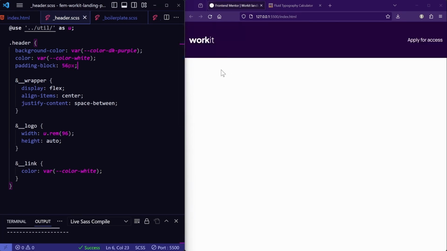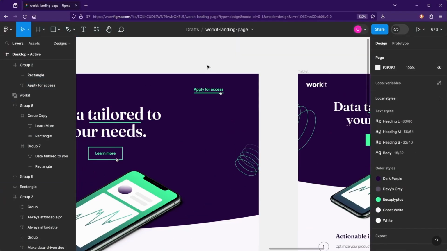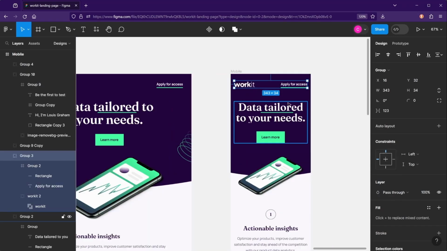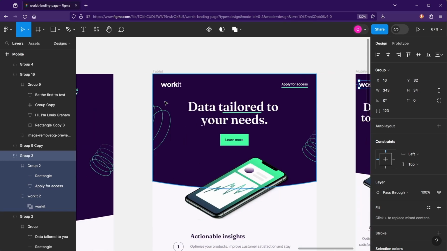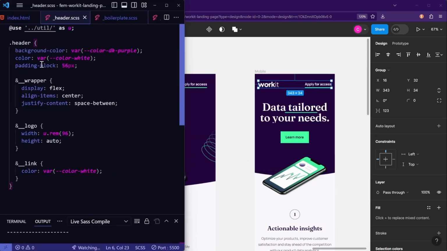So now we can see we have a bunch of space. And then let's try to get the mobile one. So it's 32 and then 64. It seems really big for a header, but I think it's okay. You know, the end goal is going to be the same. So 32 and 64. This padding block of 56 is really just for desktop, which means we probably need to add